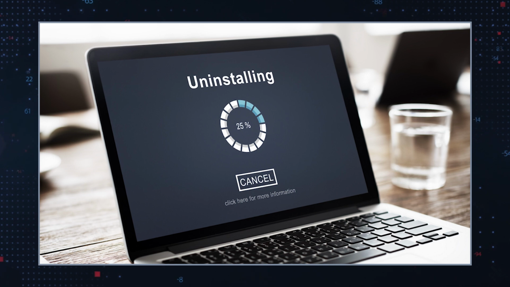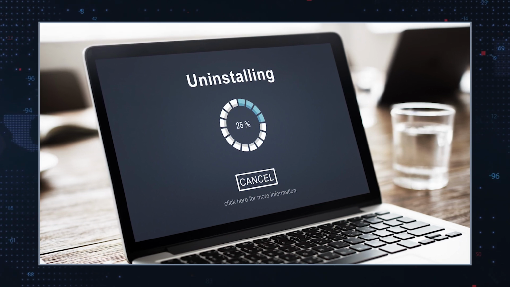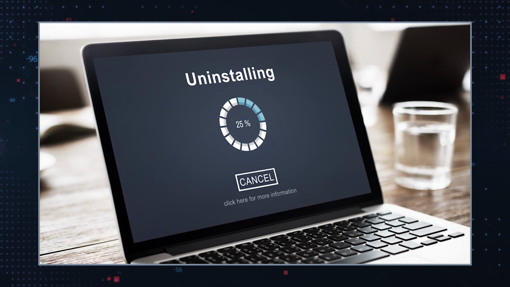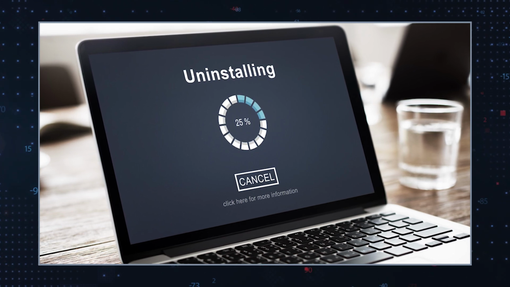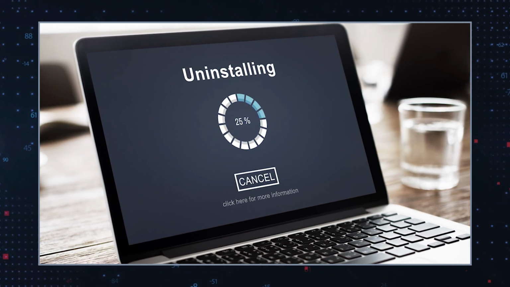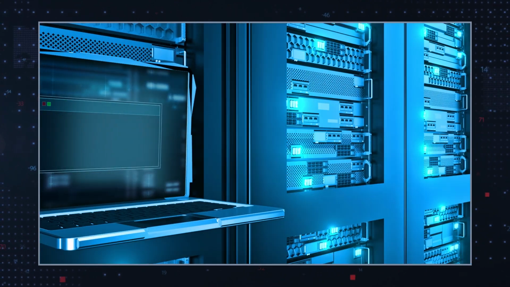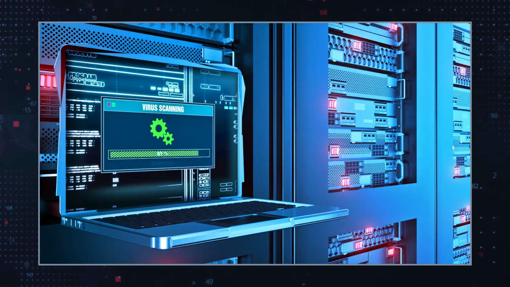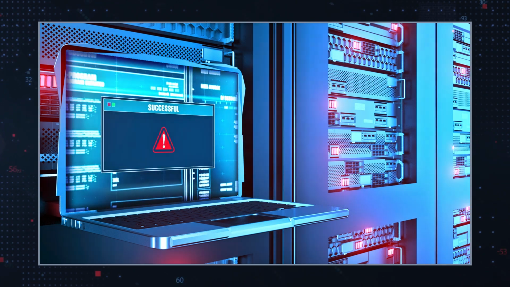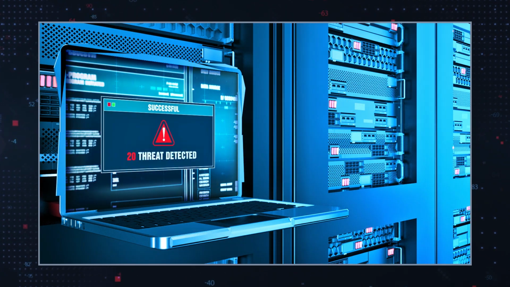Removing Qilin.B manually is not recommended as it embeds itself deeply within the system. To safely eliminate Qilin.B and ensure its remnants are removed, using a reputable malware remediation tool is essential. These tools are designed to thoroughly scan the system, detect ransomware components, and remove them without risking further harm to